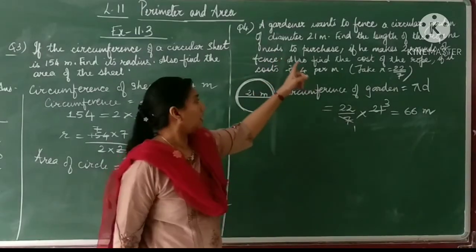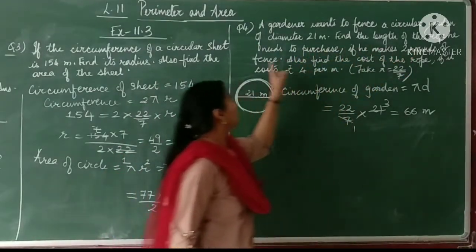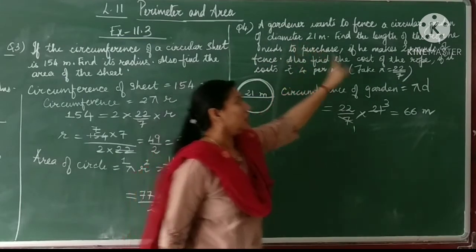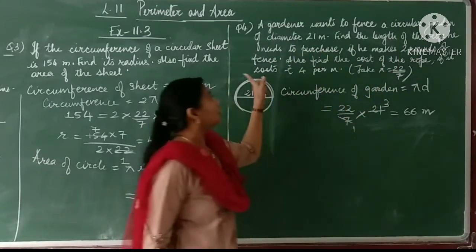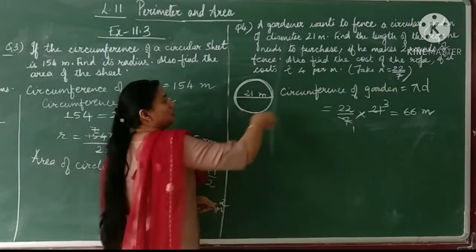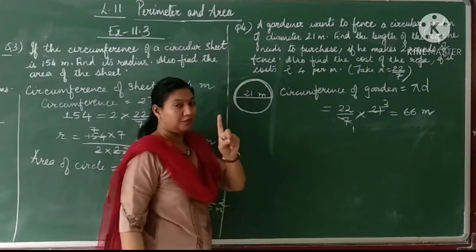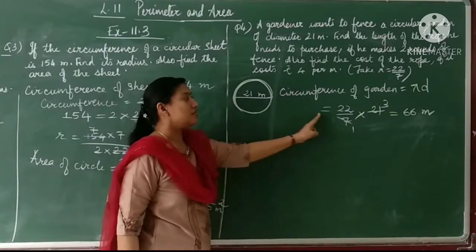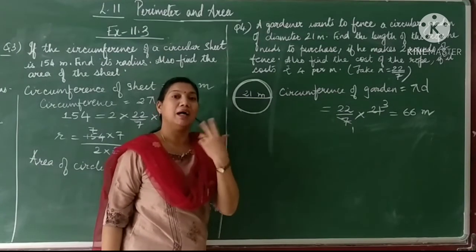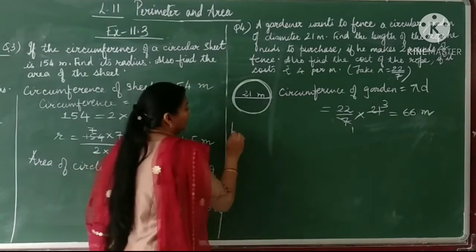Now the next part is to find the length of the rope he needs to purchase if he makes 2 rounds of the fence. 1 round means 1 circumference. 2 rounds means this circumference multiplied by 2. So the length of the rope